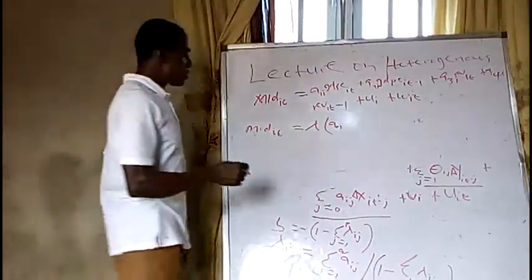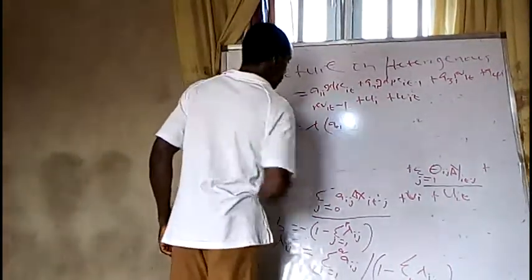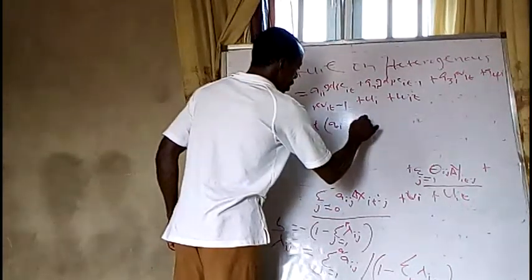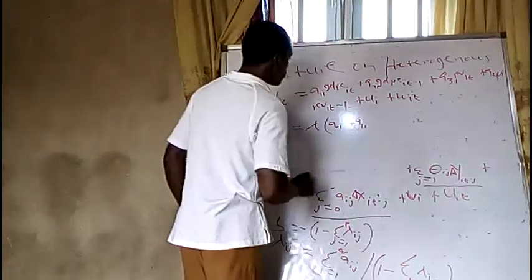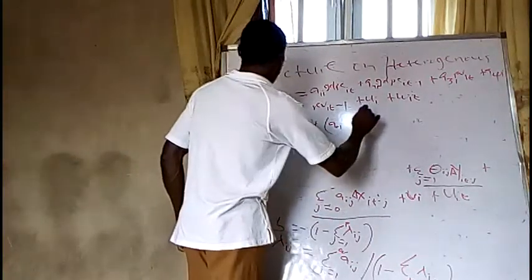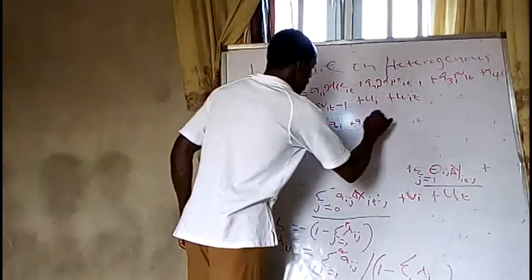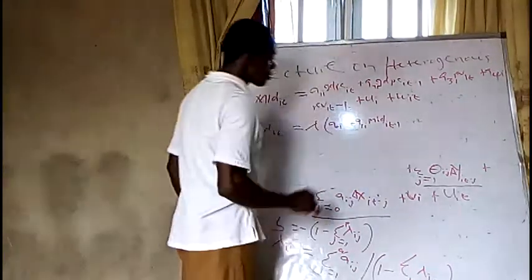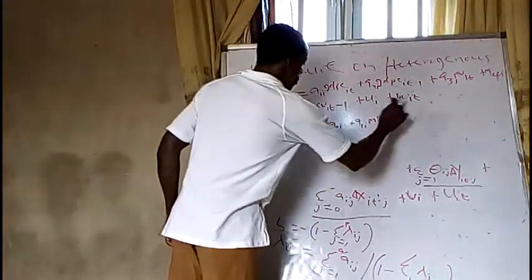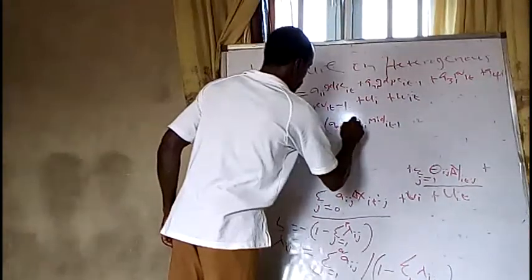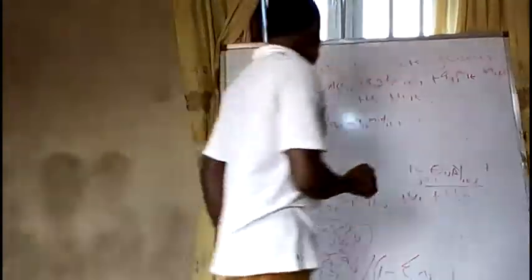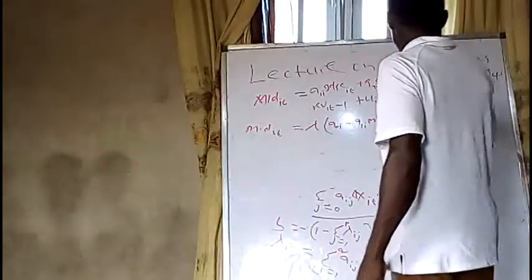So therefore we have A0I, then plus A1I, then we have our MID IT minus 1, place this minus, then minus, again we have